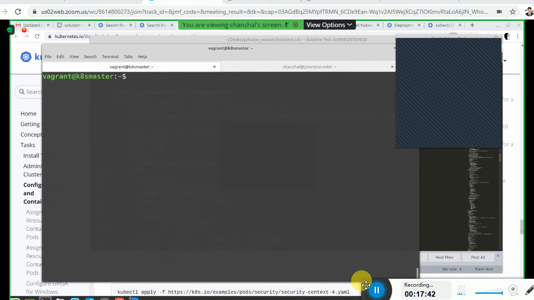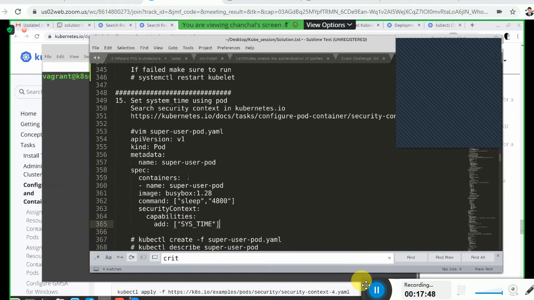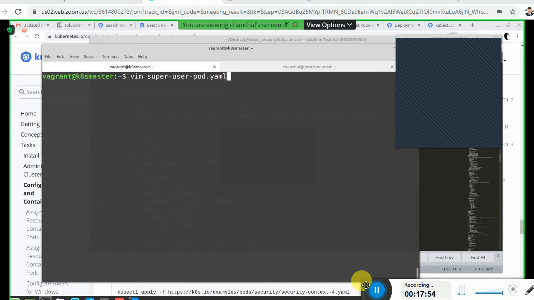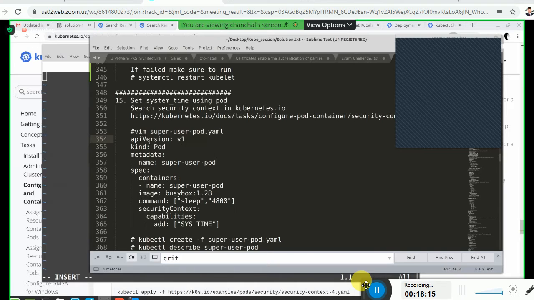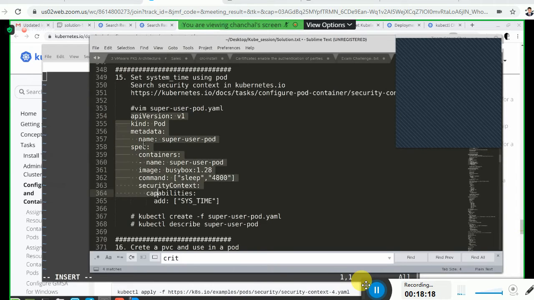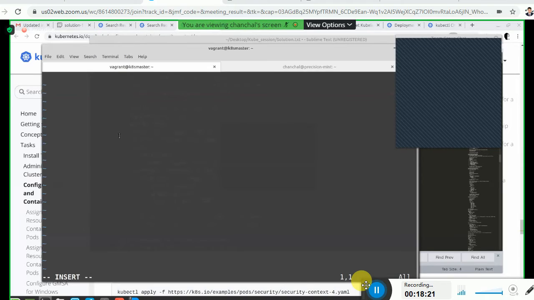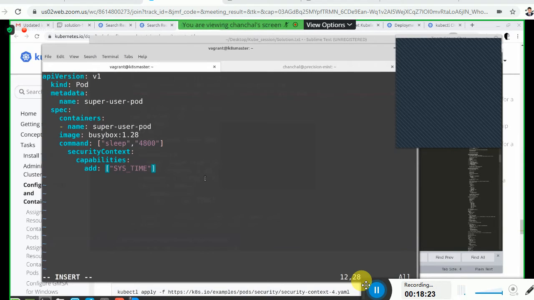So we are going to create our new file. Name of the file, just for the purpose of avoiding, vim superuser pod.yaml. This superuser pod will have certain capabilities. Those capabilities will allow it to execute certain commands which are likely to influence the system functionalities. Usually pods are not allowed to do that, so to allow those things, you need to add those additional capabilities. This basically is giving an SELinux kind of permission.